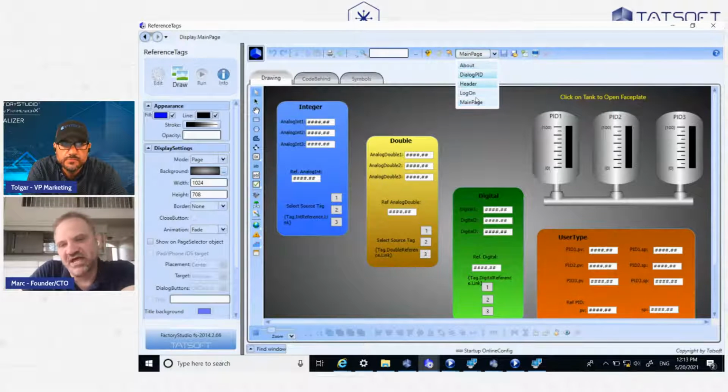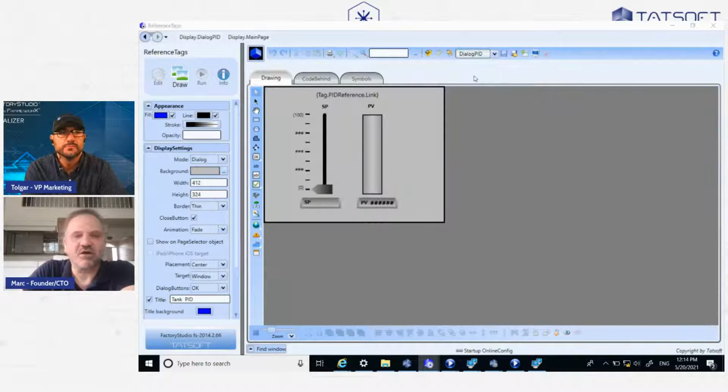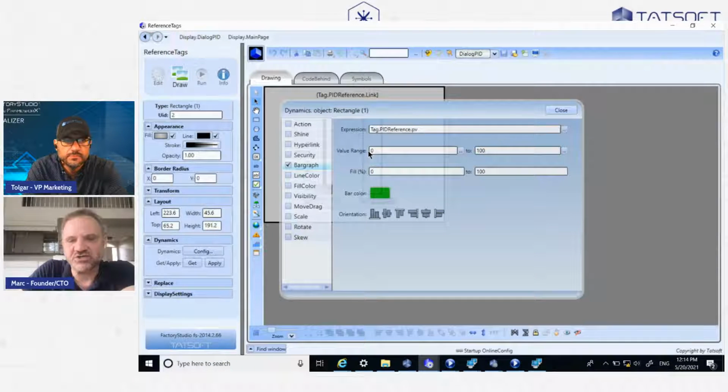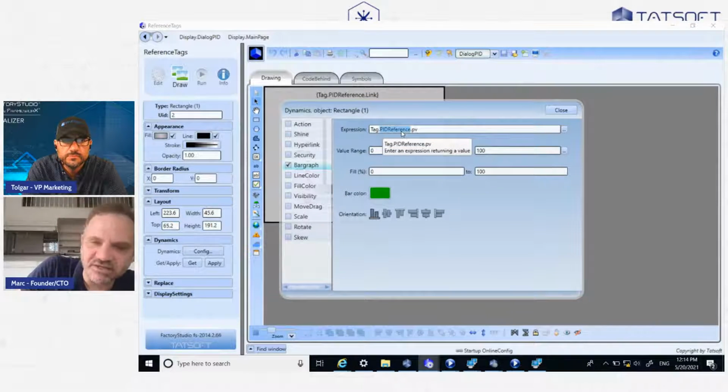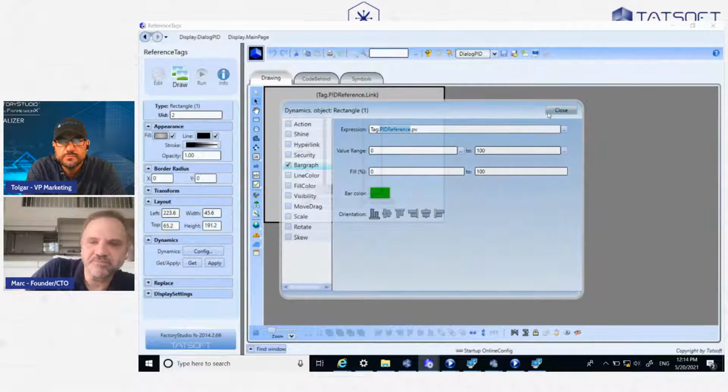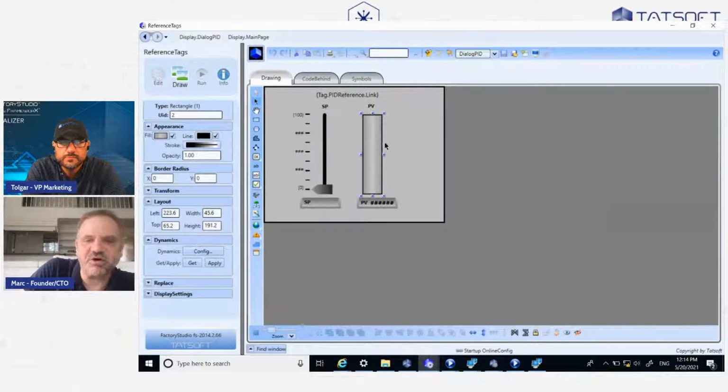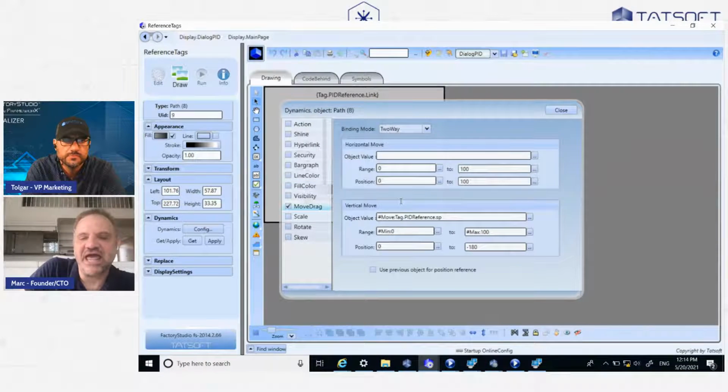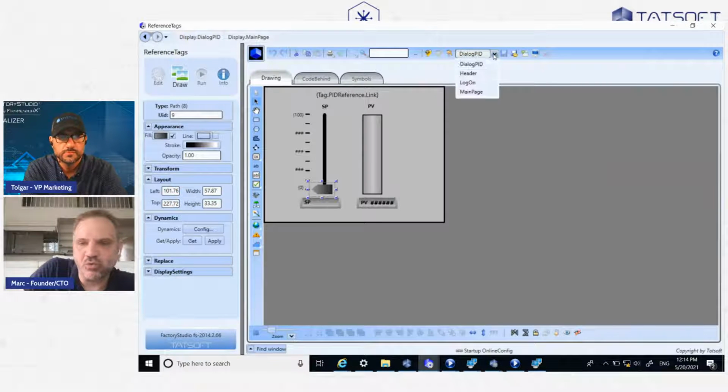You see, we don't have one screen for each tag. We have only this one called PID. When I go to the configuration of this variable, we are using this variable called PID reference. That's a pointer to a PID type. So this display was created with a generic PID. And what we do when you are on the main page,